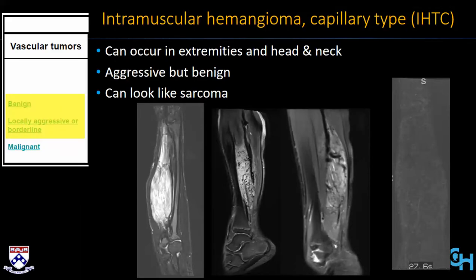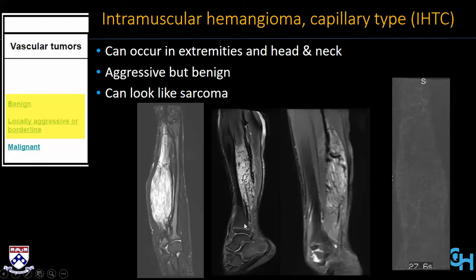Let's move on and discuss other types of these vascular tumors. Intramuscular hemangioma is one of them. So this has been renamed intramuscular hemangioma capillary type, but may be renamed further in upcoming classifications. These can occur in the extremities and in the head and neck. They are aggressive lesions but benign, and can certainly look like a sarcoma because they can have this appearance of